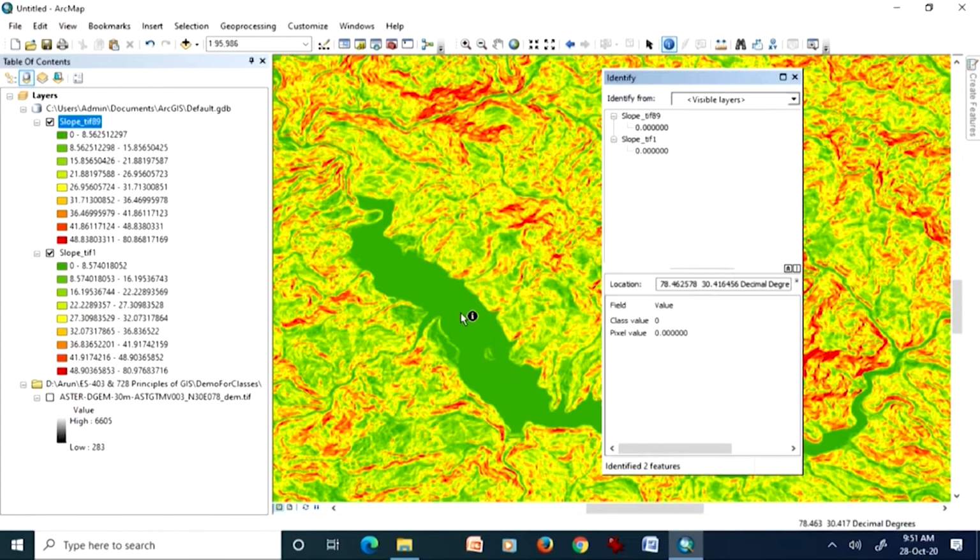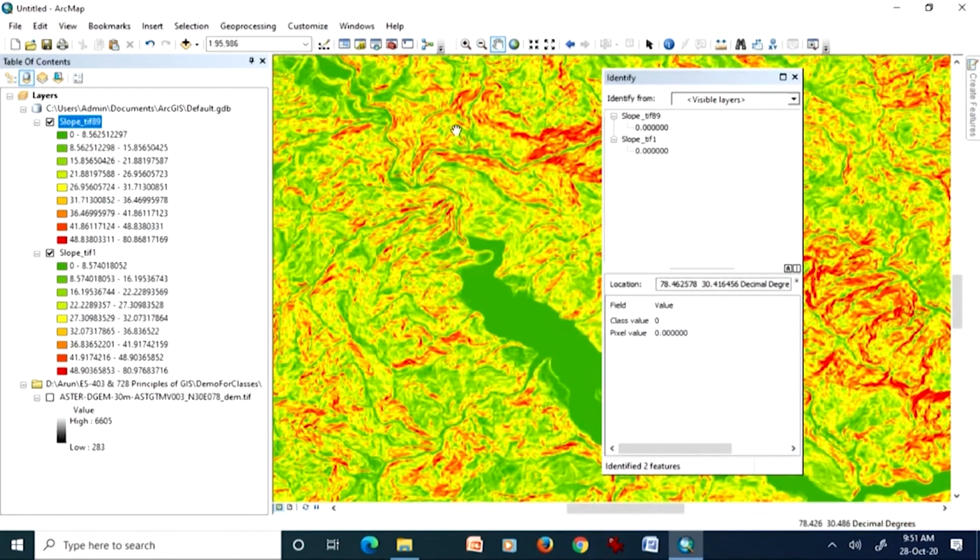Of course, it should be 0, because the water body is flat on top, and that is why in both of these it is coming 0. There are other green areas also. If I go to that area, let's see what happens in these very dark green areas like here. Not like the water body, there are still very gentle slopes. When jet factor is 1, it is 3.949,